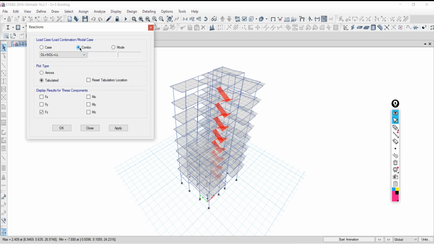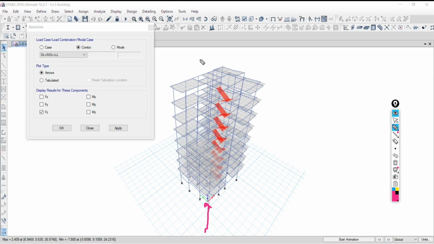Okay, just go to combine, and under combine load combinations, service load combination is there, factored load combination. So for sizing the footing, like length and width, we need to look at the service load, and for design purposes we need to go with the factored load. So go to this service, and I would like to see by arrow, check this arrow, and in the FZ direction, in the upward direction, I would like to see the reaction.